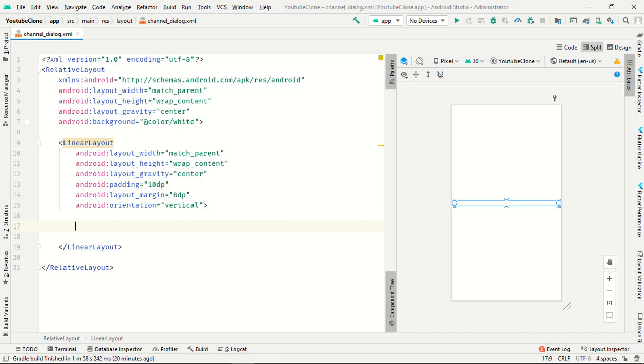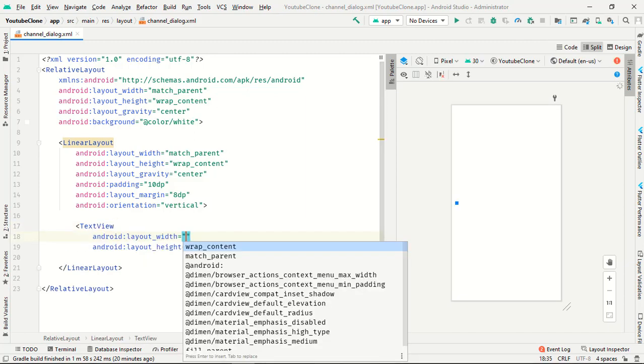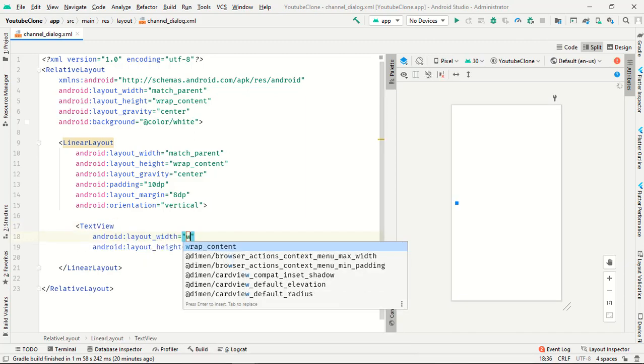Perfect. Now we want a text view. So text view with wrap content.